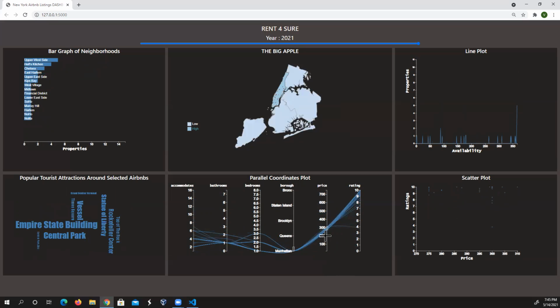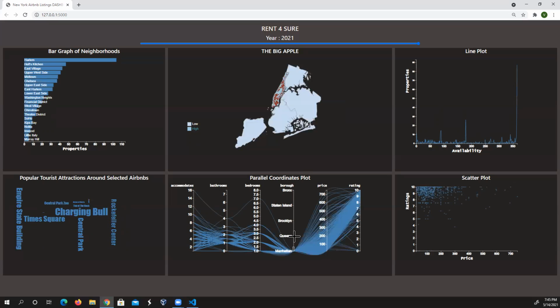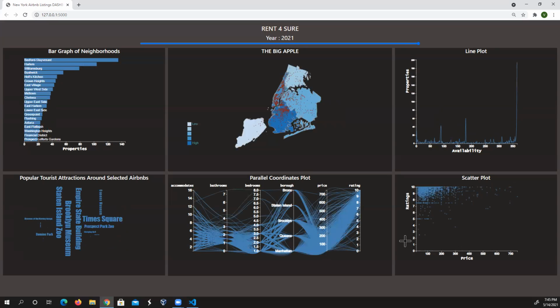So we can say that the price of properties north of Manhattan are lesser as compared to the price of properties in the core areas like the financial district and the area somewhere here in Manhattan, which have a very high property value, which could be explaining the high Airbnb price.